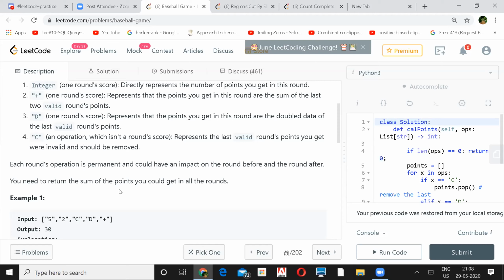Maybe we can use a stack. Yeah, a stack sounds reasonable. A stack might be a good option too, right?